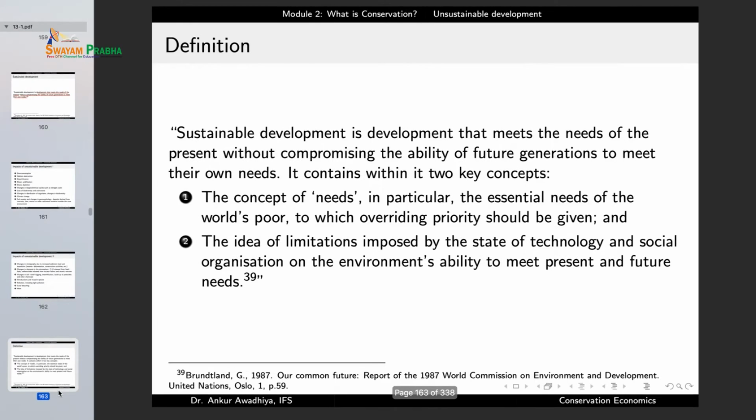And when we talk about sustainable development, we need to talk about needs. Now, there is a difference between need and want. We can have a very large amount of wants. So I may want to have one car, then a second car, then a third car. Probably I will want to have 50 cars. But I do not need 50 cars. I'll probably only need one car. Or probably my family of four will require one car. So there is a difference between needs and wants.